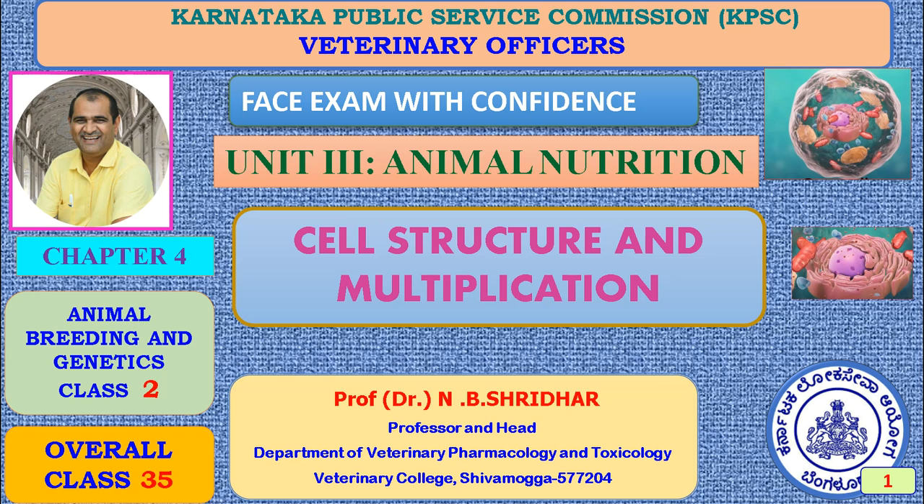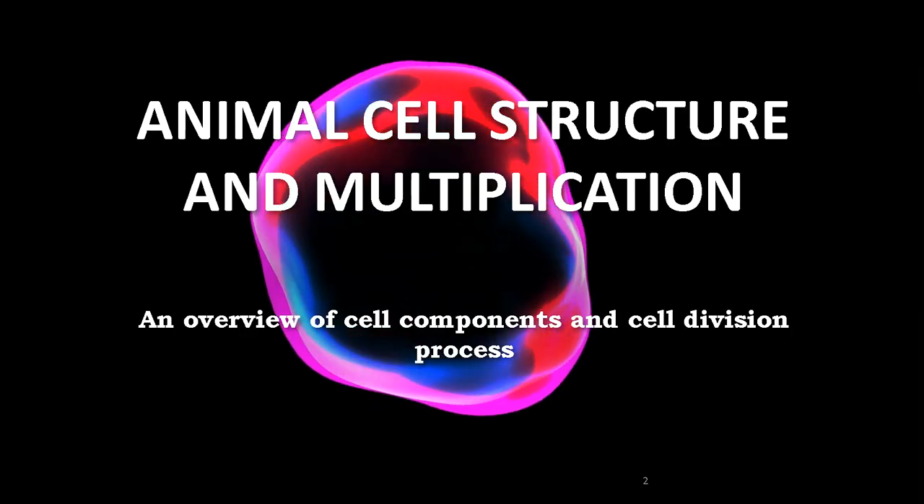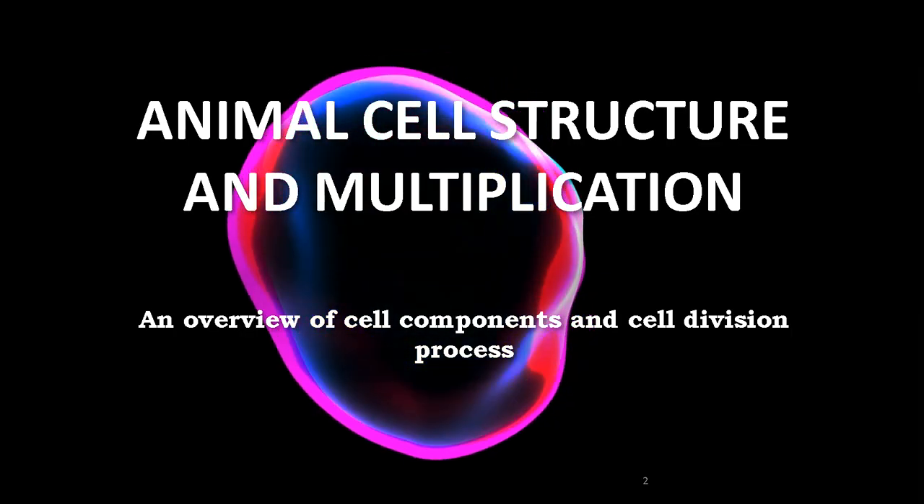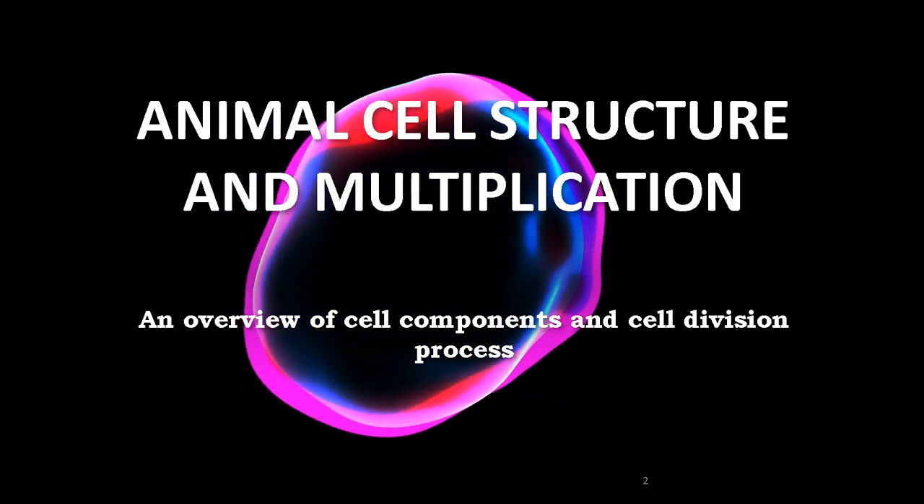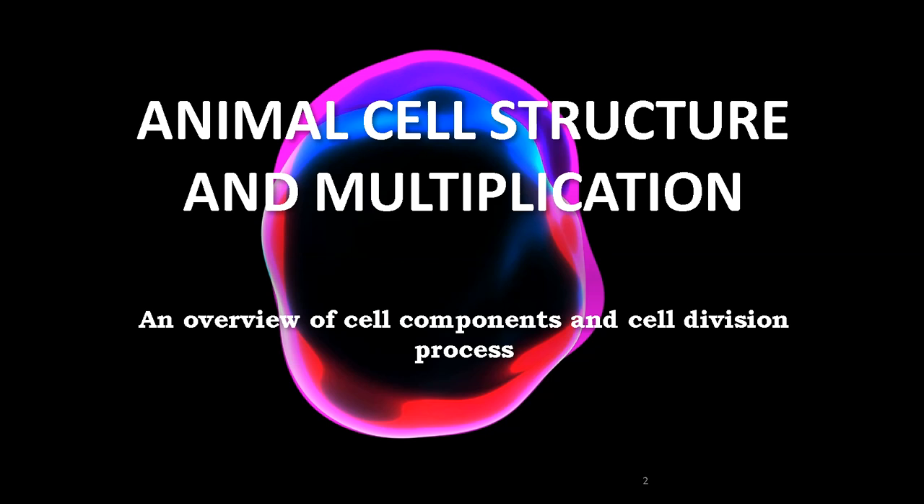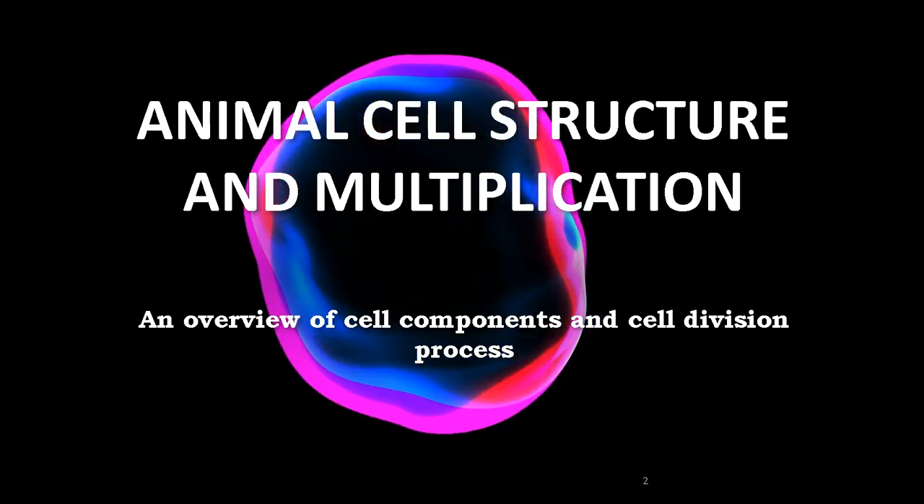Today we will start the cell structure and multiplication. Cell structure and multiplication, especially as far as the animal cells are concerned, not the plant cells or any other cells. So the animal cell structure and multiplication is a different process in which the cell divides several times and